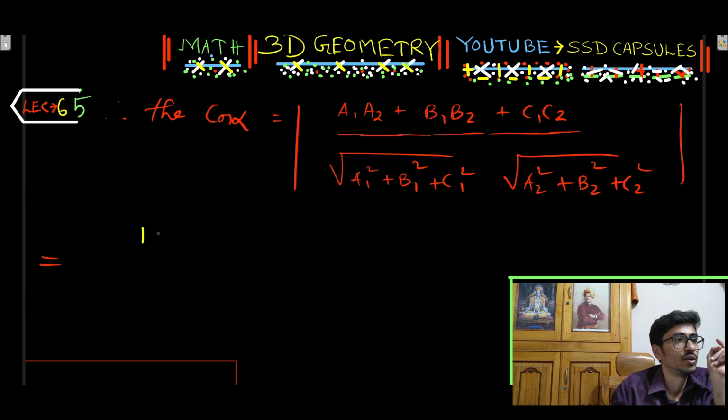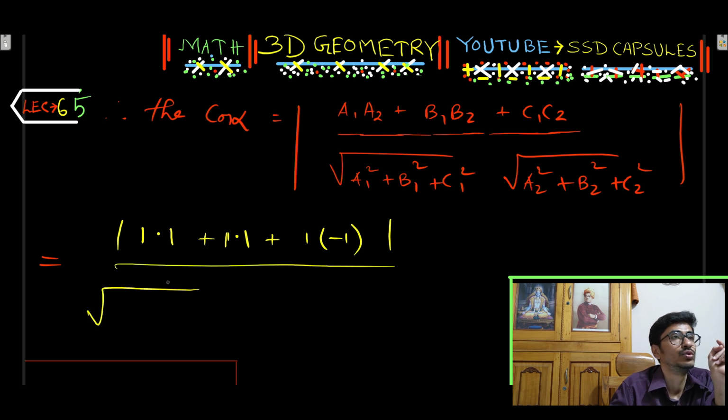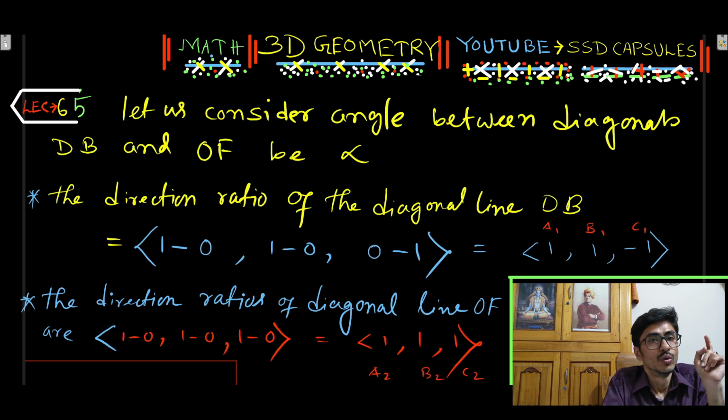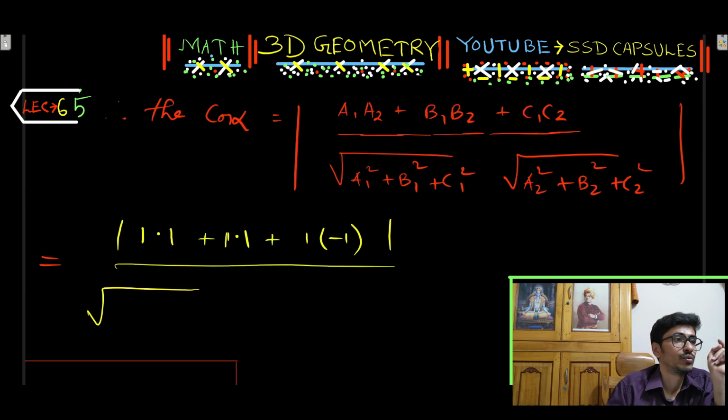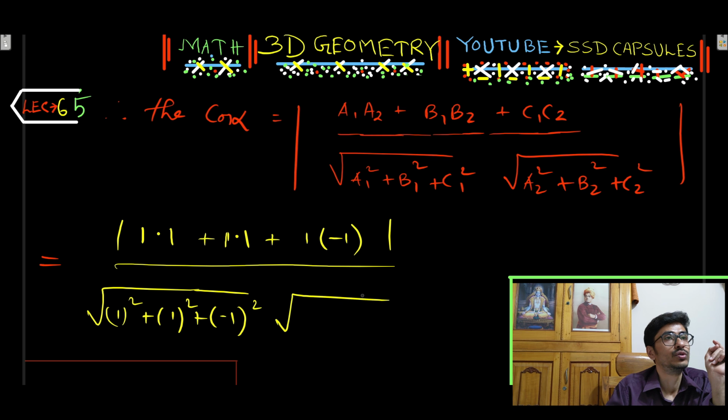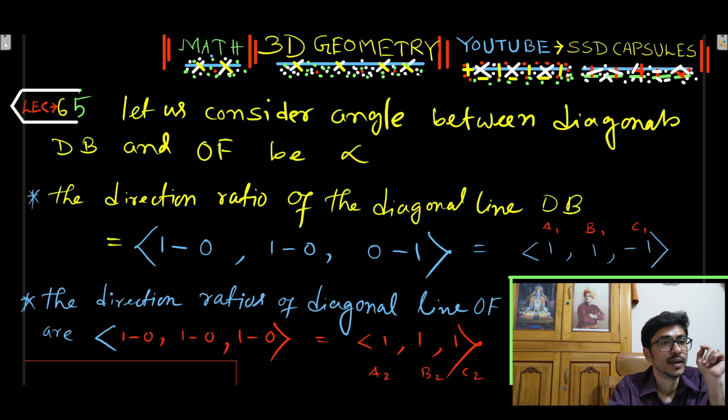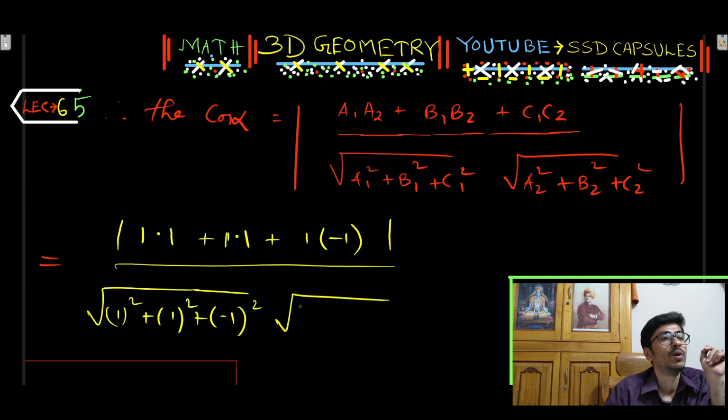In the numerator 1 into 1 plus 1 into 1 plus 1 into minus 1, magnitude, divided by root of 1 square plus 1 square plus minus 1 whole square, root of 1 square plus 1 square plus 1 square, so equal to